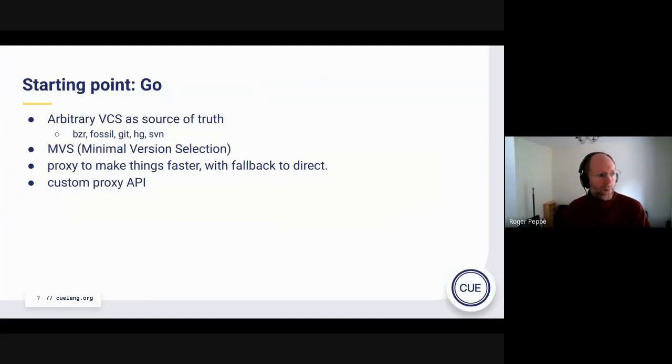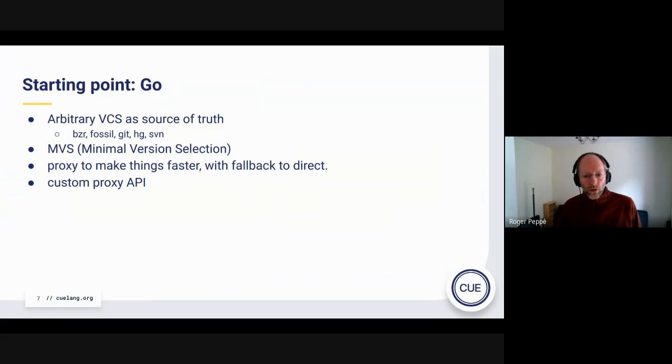So let me talk about the proposal a bit. We started off talking about Go, because we all came from a Go background, and Marcel had already started with Go influence, like a lot of the syntax, of course, is taken from Go.